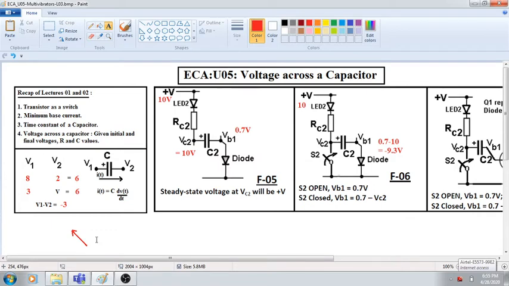So that is how we will be calculating the values of the voltages on the input side and the output side. So keep a note of this one, and we will try to do some more exercises later. From 8 to 3, what is the fall here? The fall here is 5. So here also the fall has to be 5. So this is 2 and another minus 3 fall. So the total fall is 5, such that the difference is equal to 6. So please remember this particular point. Once you remember this, we can practice with some more examples.